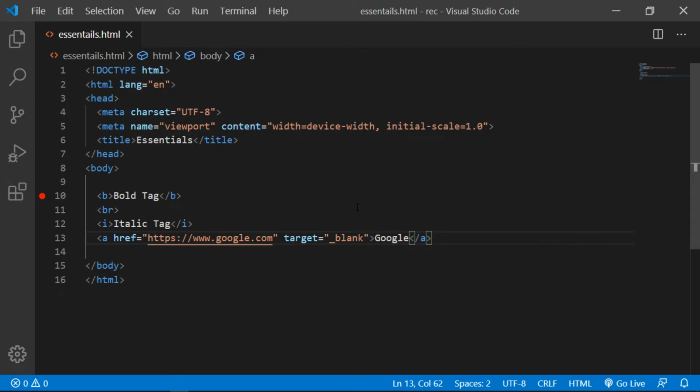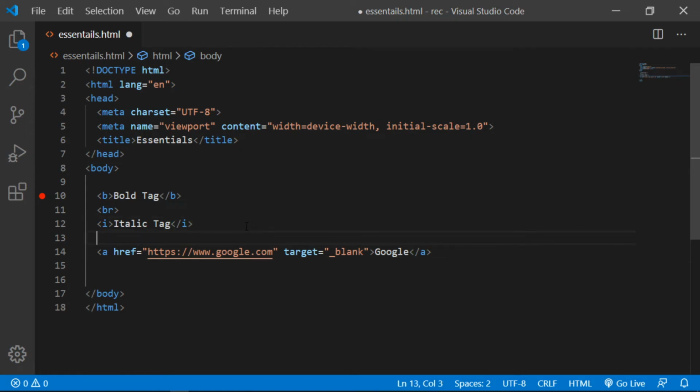Alright, so let's do some subscript and superscript stuff. So before that I'll keep it on a new line. So I'll just make a paragraph, and inside of that I'll type in, let's say, H2O.